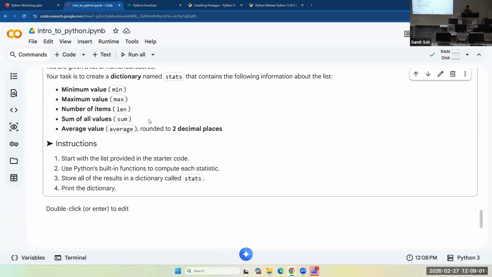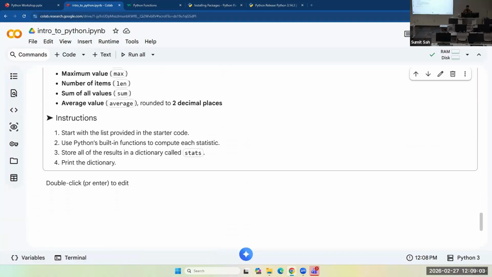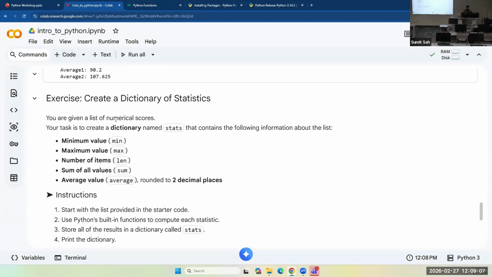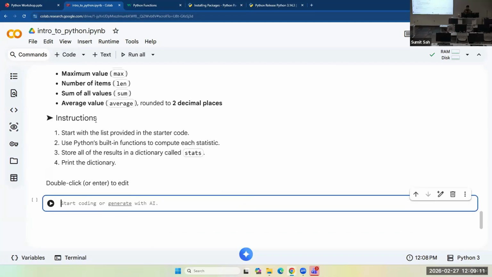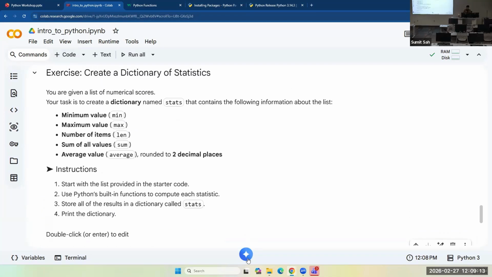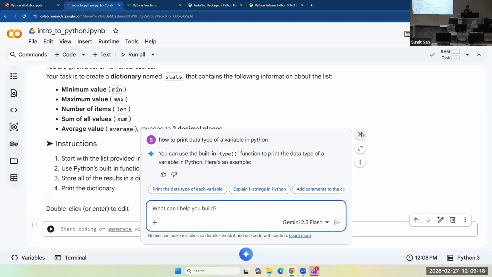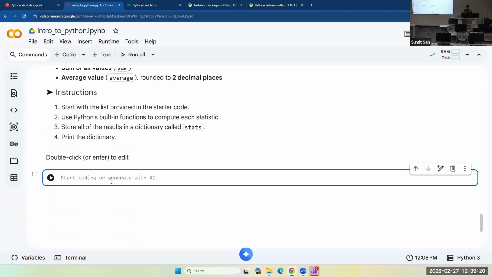But we will be sharing this notebook with everyone, and they can try doing the exercise on their own. You can always reach out if you have any questions, and you can always use AI to help you get started with solving the problem.